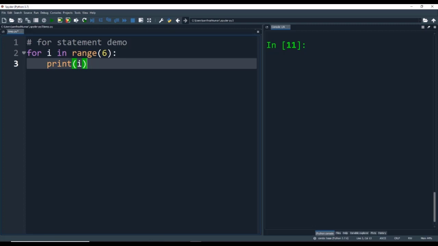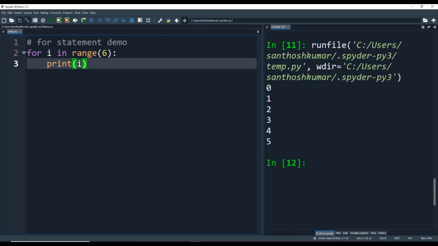If you can see, the print statement is indented towards the right. That indicates that it belongs to the for statement. So when I print i and execute it, you can see the result as 0, 1, 2, 3, 4, 5, which is displayed in the console.